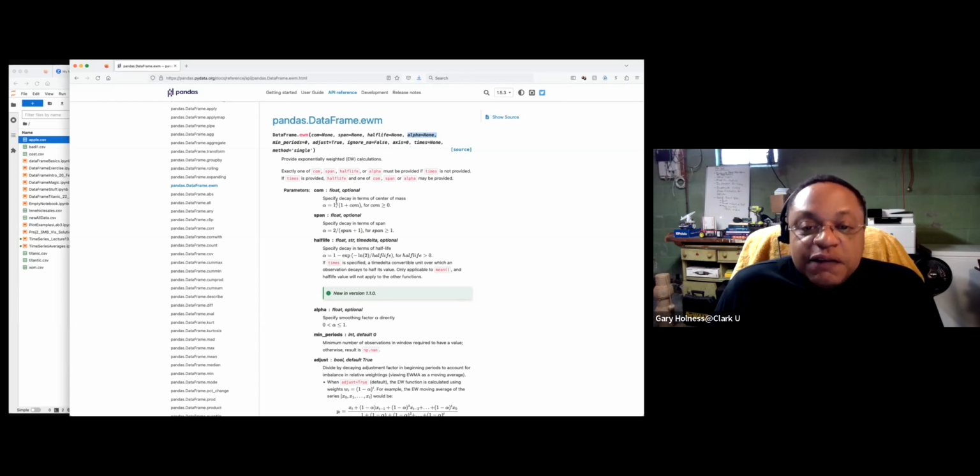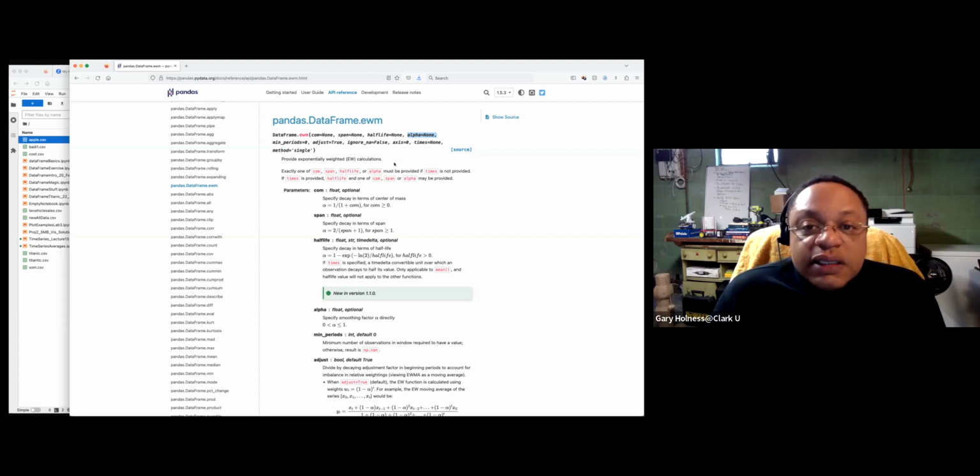But nonetheless, if you don't specify a value for alpha, but you have a span specified, alpha is going to be set to 2 divided by span plus 1. And the span has to be greater than 1. And so span is not a window width because this is a recurrence relation. It's going to calculate a value for every measurement until that weighted average, that weight, goes to 0. Okay. If you do specify alpha, it's of course just going to ignore the span, and it's going to set alpha directly to that scalar that you specified.